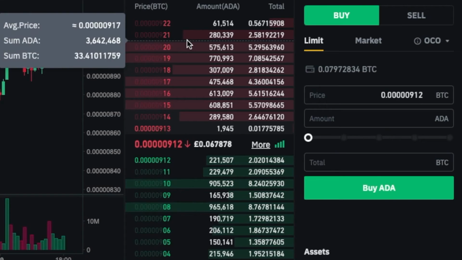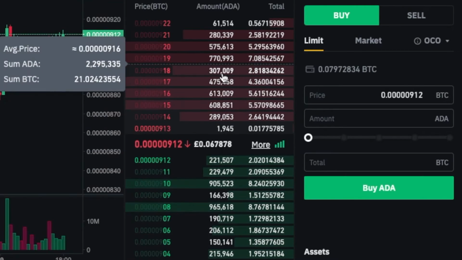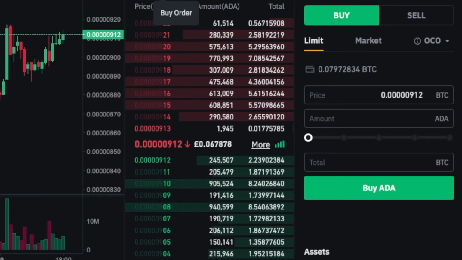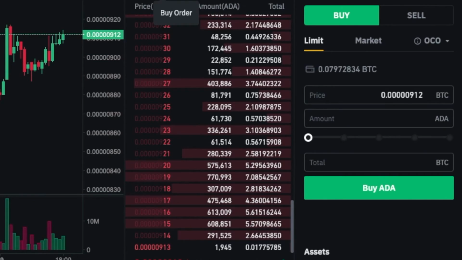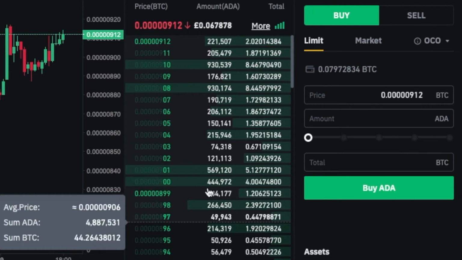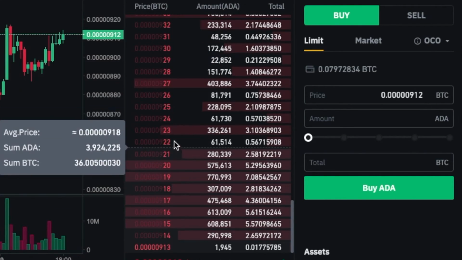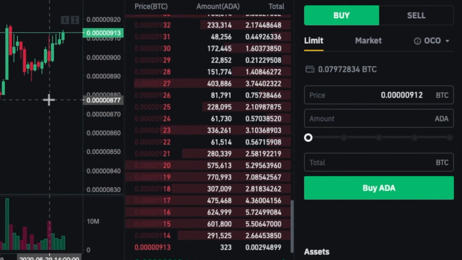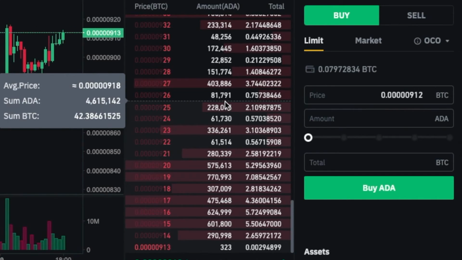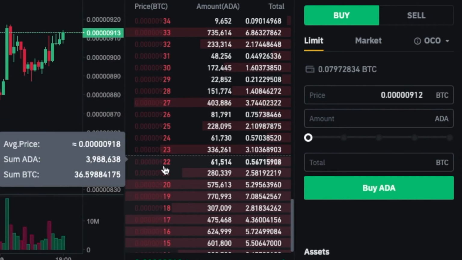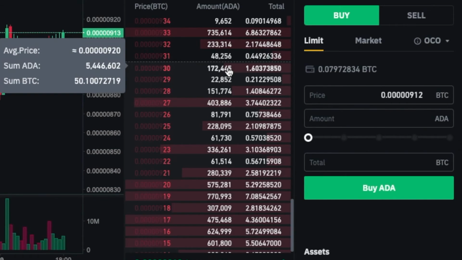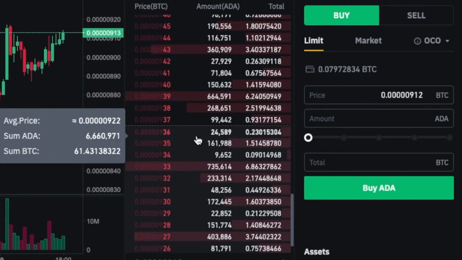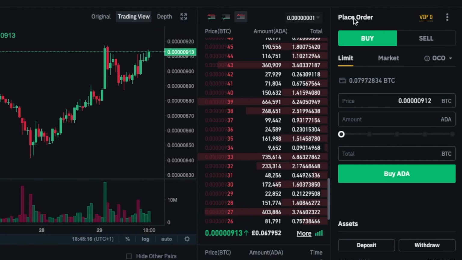Now on your right hand side is your order book. You've got the sell orders here and your buy orders. You can go into the individual sell or buy order and see how people have traded lately, or how people want to trade, people that want to sell this pair in the future. As you can see here, there's quite a lot of people going against ADA, as there are many sell orders. In here you can place your order, whether it's buy or sell.